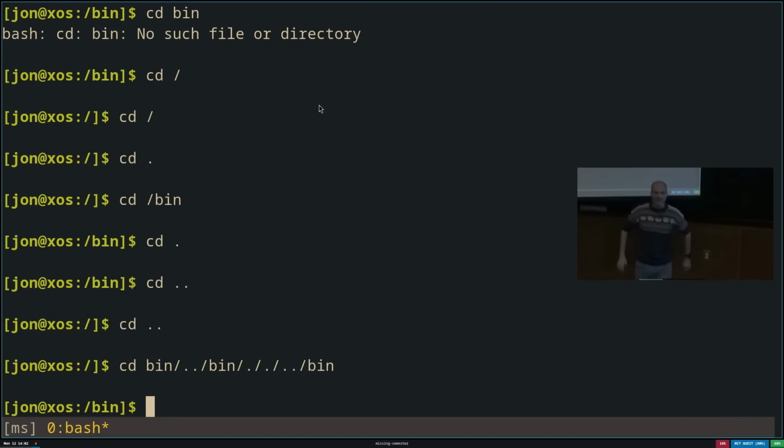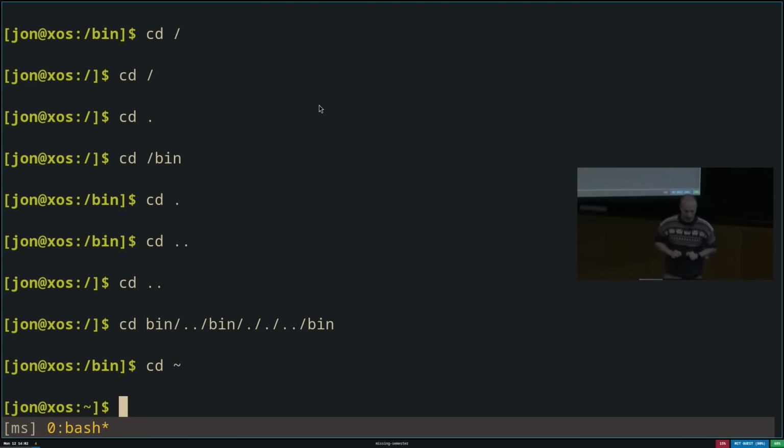So tilde represents the home directory. Yes, so if I do cd tilde, you'll see I end up back in my home directory. What does slash represent? Slash is the path's component separator. It is the thing that separates each recursive step of resolving the path.